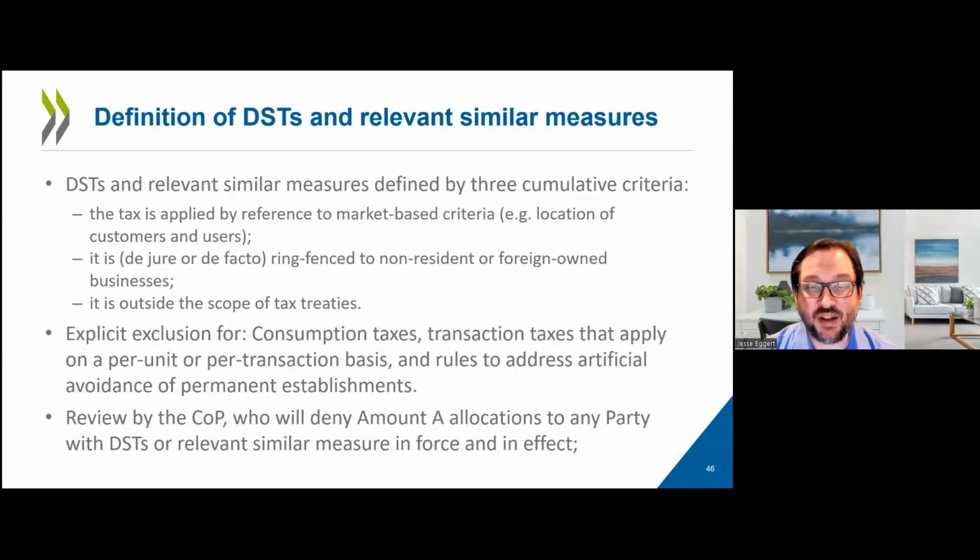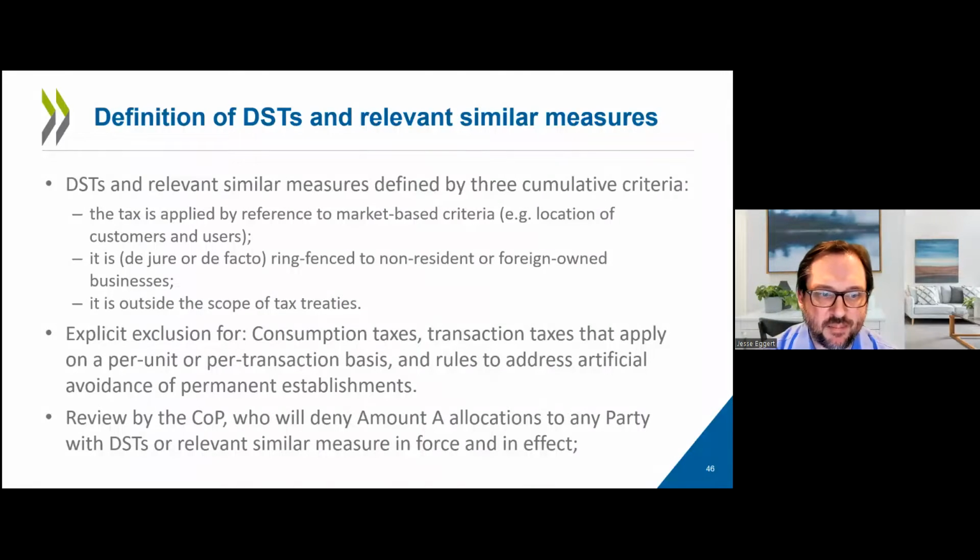Is it ring-fenced to non-resident or foreign-owned businesses, either de jure, meaning by its terms it can legally apply only to non-residents or foreign-owned businesses, or de facto, meaning it has scope restrictions that have the effect of causing the measure to apply exclusively or almost exclusively to non-residents or foreign-owned businesses in a way that effectively insulates domestic businesses from the tax. And is it treated by the party that imposes the tax as outside the scope of its